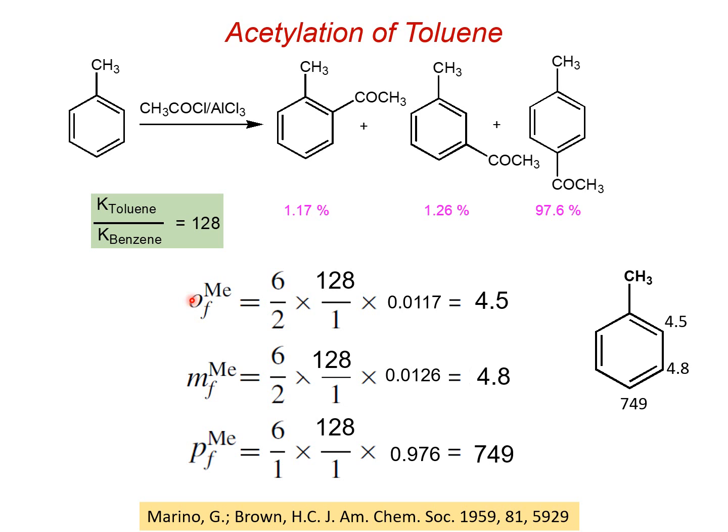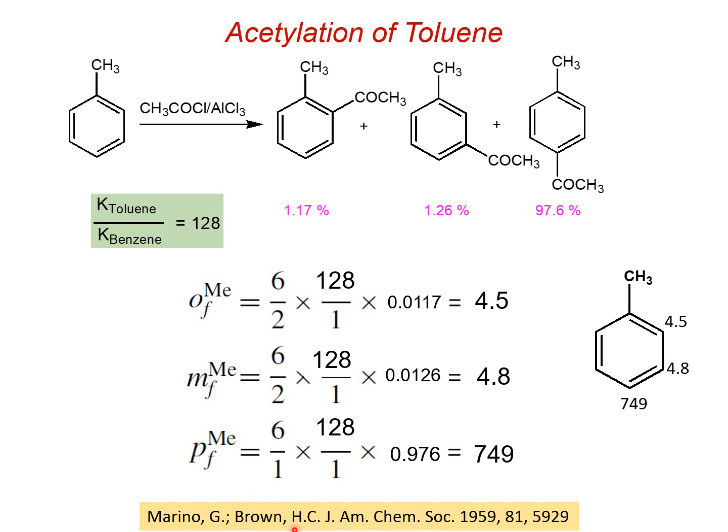We have also calculated the partial rate factor for ortho, meta and para positions, and it was found to be 4.5, 4.8, 749 respectively. This data I have taken from the scientific journal known as the Journal of the American Chemical Society,